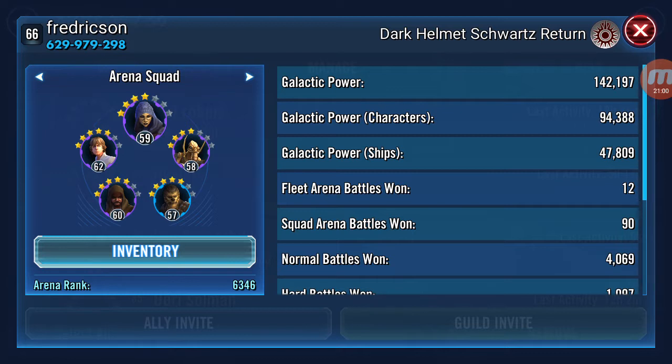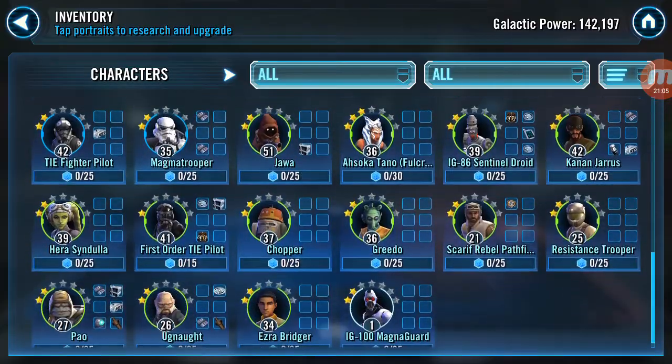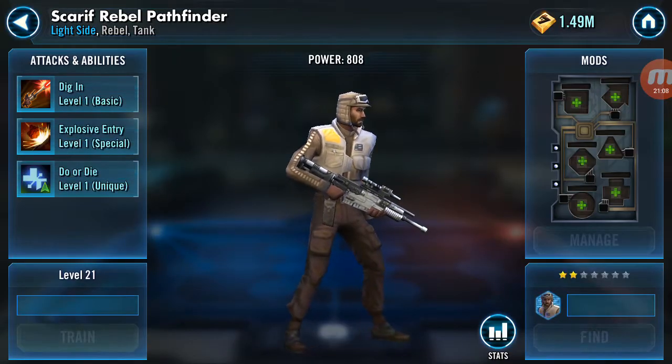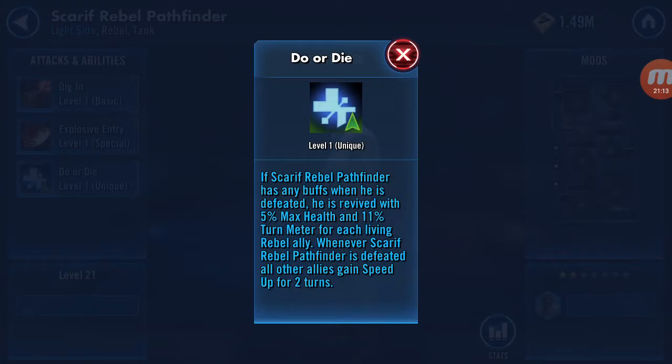And again, like I said, the Rebel Scarif Pathfinder would replace Chewbacca. There's some debate between the two of these, but because of do or die, obviously the percentages go up, but if he has any buffs, which Akbar spreads a buff around, Princess Leia spreads some buffs around. When she does some critical damage, everyone else gets a critical chance up. Rebel Scarif Pathfinder buffs up. So yeah, there's going to be some buffs thrown around. So as long as he has a buff on him, when he dies,